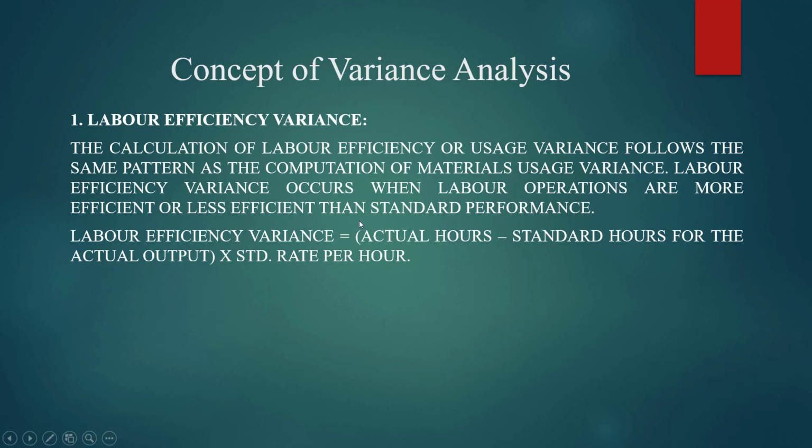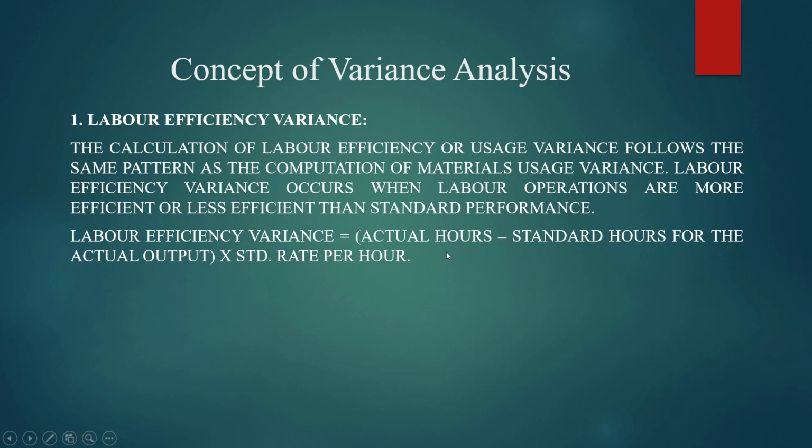So according to this, if the standard hours is, let's say, 5 hours, and actual hours they take 3 hours, then they are finishing the work earlier, yes or no? Actually they work 3 hours, but the standard was set for 5 hours. So when we see the difference, that means they have taken less hours to complete the work, right? So that will be favorable for the company. Suppose the standard hours was 3 hours and actual hours they took 5 hours.